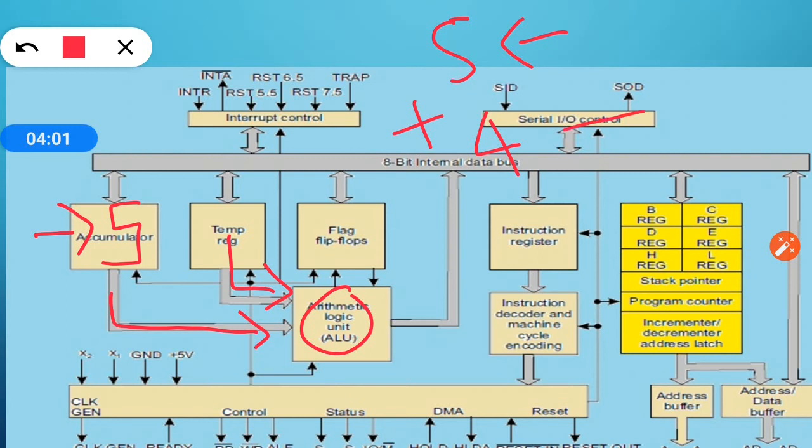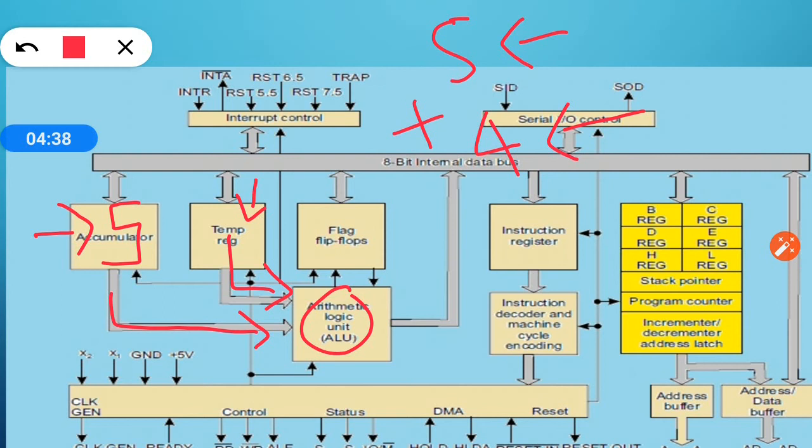So now what about this 4? You are seeing on the screen that the 4 comes from the temporary register, right? Because the other input to the arithmetic and logic unit is the temporary register. But we cannot load 4, our remaining second number, directly to the temporary register. There are three possible sources where this second number can come from.